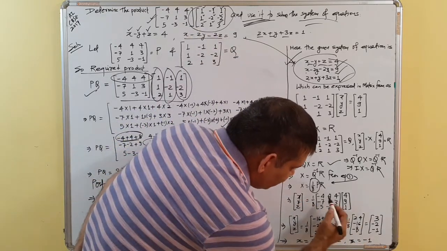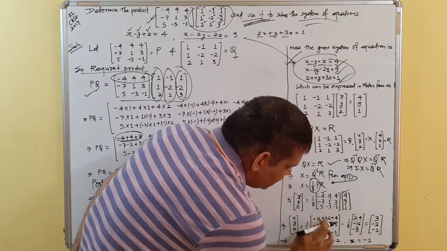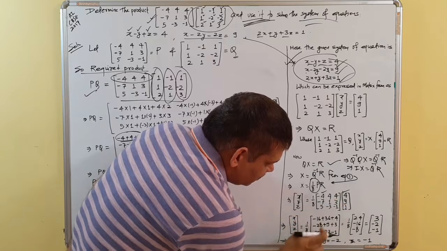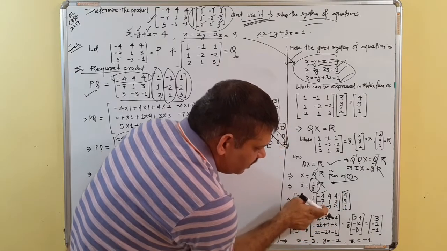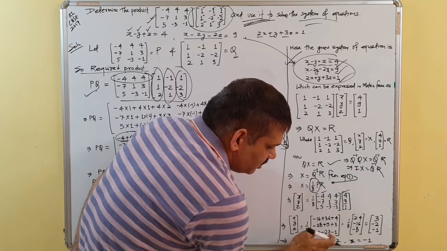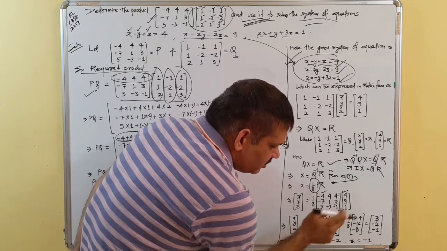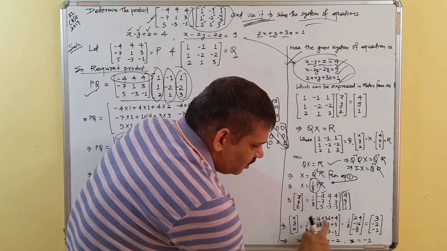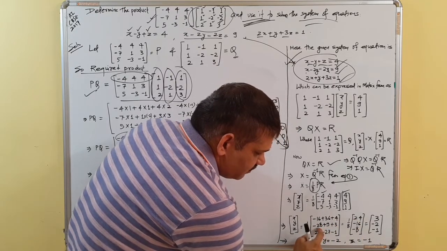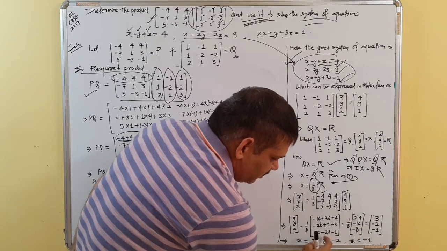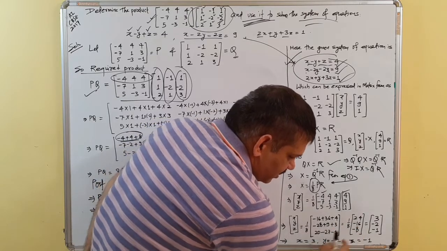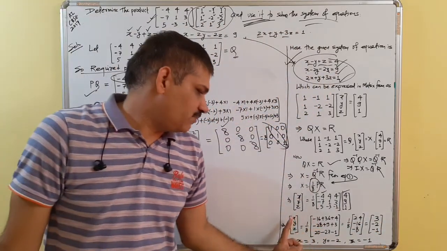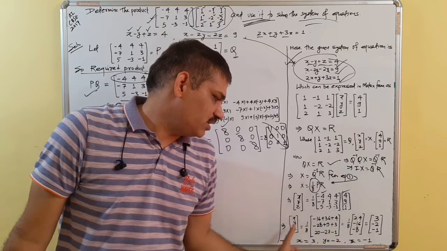So this will give us minus 4 into 4, minus 16 plus 36 plus 4, minus 28 plus 9 plus 3, 5 4 are 20, minus 12 minus 3, 20 minus 27 minus 3. So this gives us 36 minus 16, 20 plus 4, 24, and this gives minus 28 plus 12 is minus 16, and 20 minus 28 is minus 8. Dividing by 8 we get 3, minus 2, minus 1. That gives us, on comparing, x is equal to 3, y is equal to minus 2, and z is equal to minus 1.